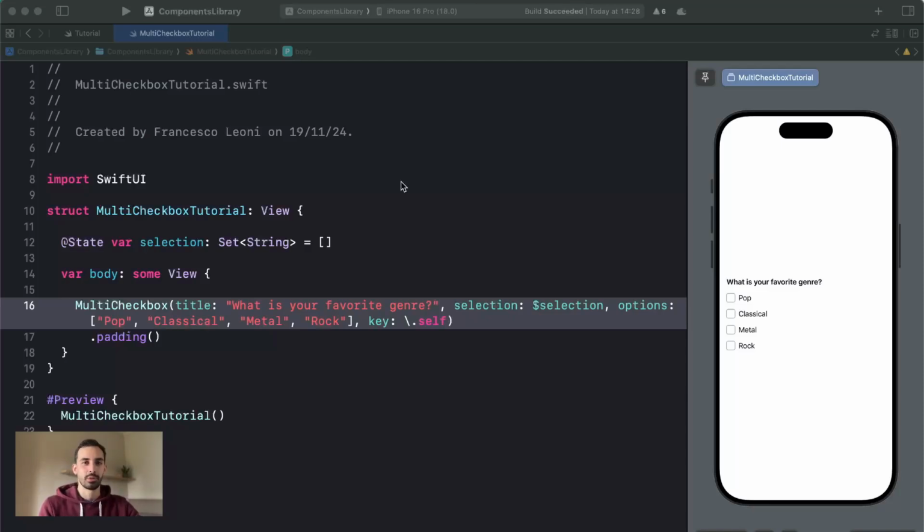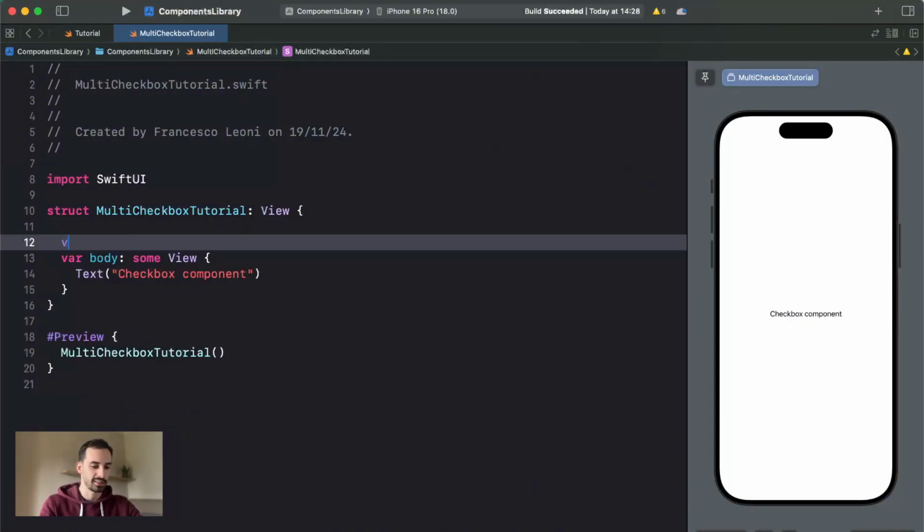Hi, today we're here to create this multi-checkbox component in SwiftUI. You can check multiple options. Okay, so let's begin. The first thing we're gonna need is the title